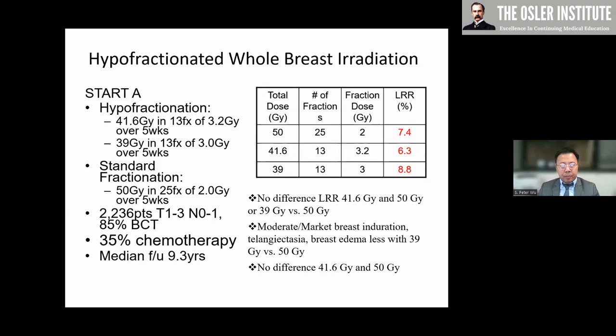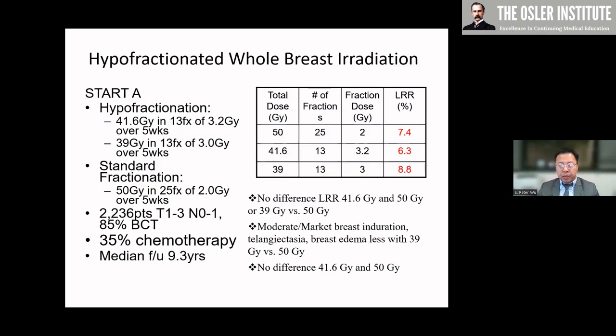And patients here were, again, early stage. They were sometimes even node positive, which forms the basis of, again, regional nodal radiation using hypofractionated regimens. Many had chemotherapy, and the outcomes demonstrated a local regional recurrence rate of 7.4 for 50 gray, which is what